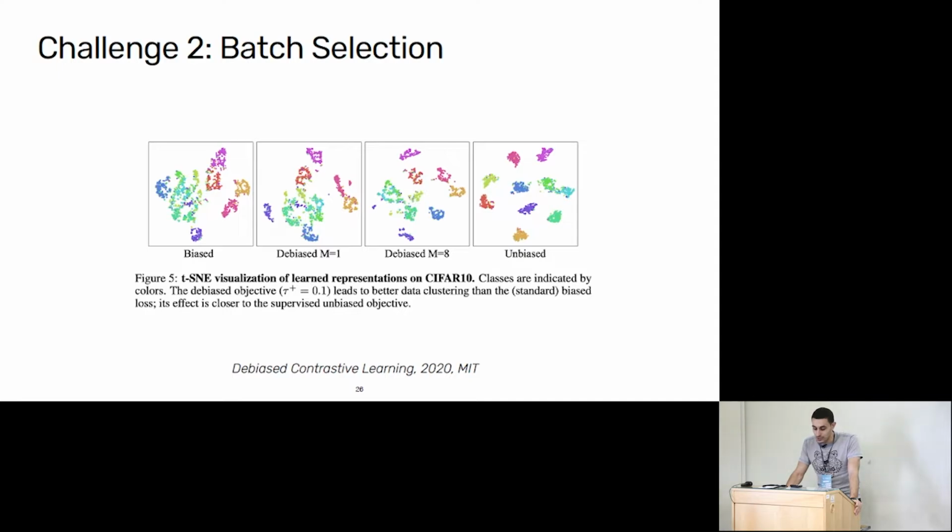So as I mentioned, this batch selection part is highly tricky. There was a paper from MIT, debiased contrastive learning, where they tried to properly filter the contents of every batch selection. And the M number on this chart essentially describes how many entries were removed, or let's say positive or negative samples were added within the batch. And as you can see, even from the TSNE visualization, which is obviously a lossy representation, so it will not show all the proper information about the final vector space, we already get a tremendous improvement from debiasing the batches.